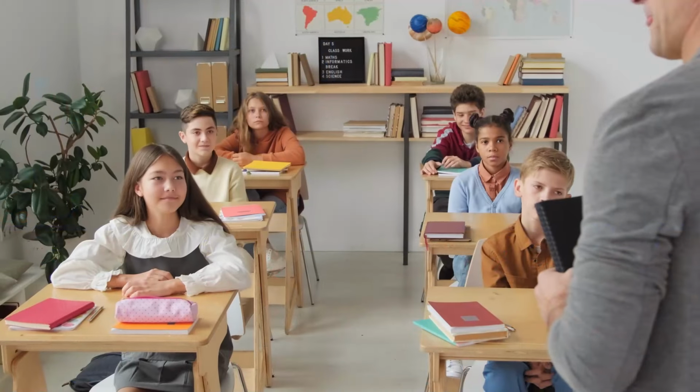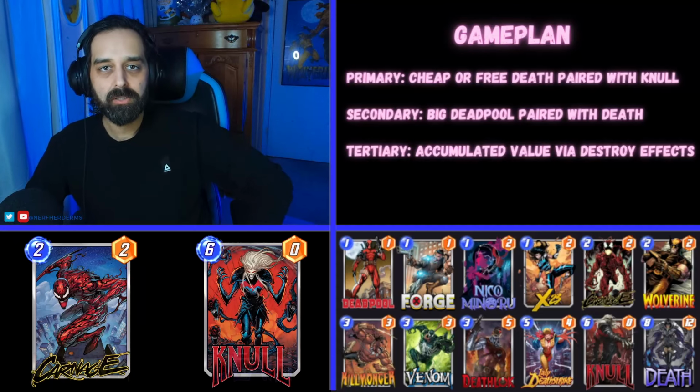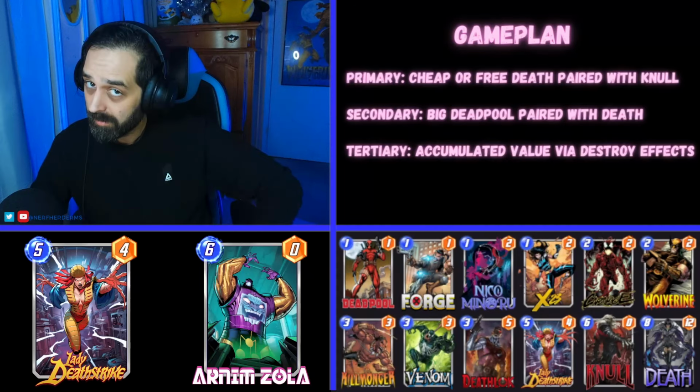What's up, nerds? Take a seat in the front of the class, turn your textbook to page 69. Nice. Because today you're getting schooled on the classic Destroy archetype in this installment of...